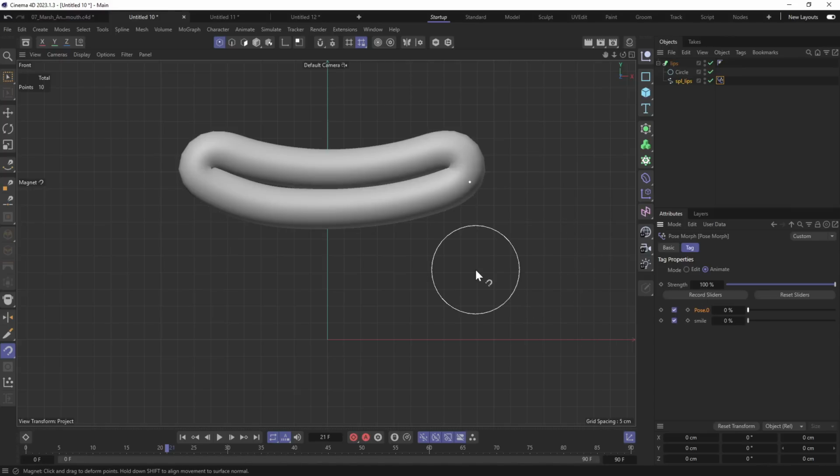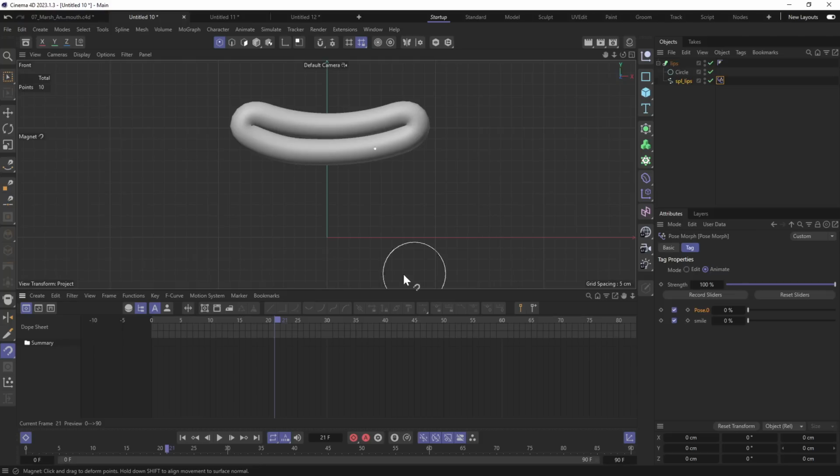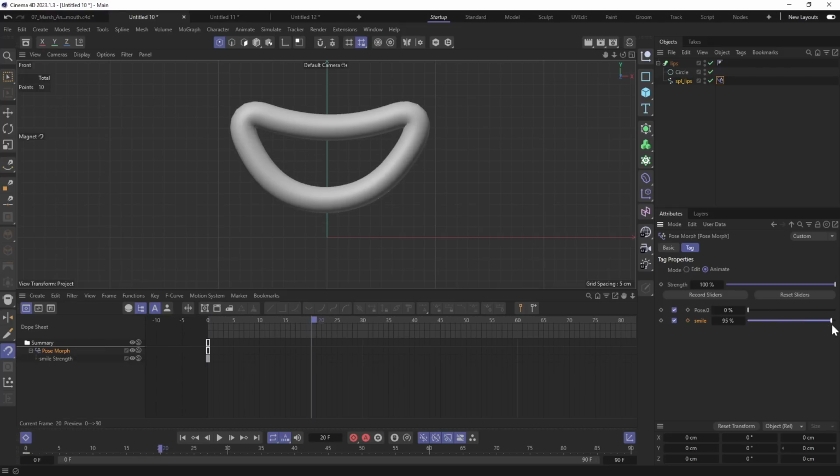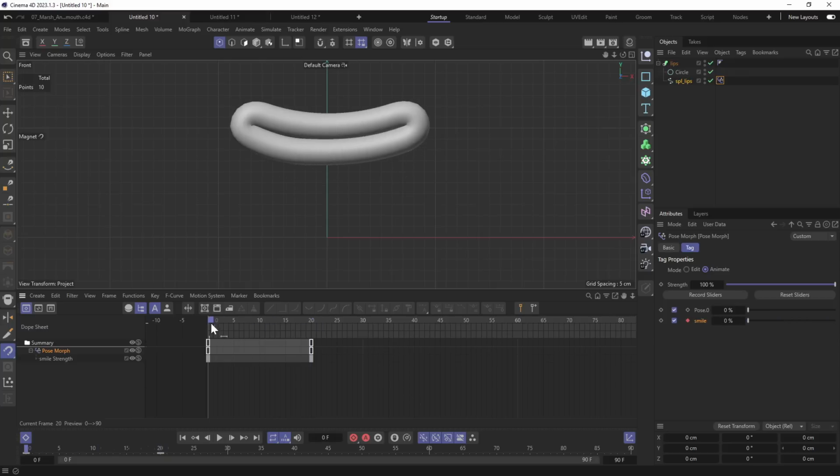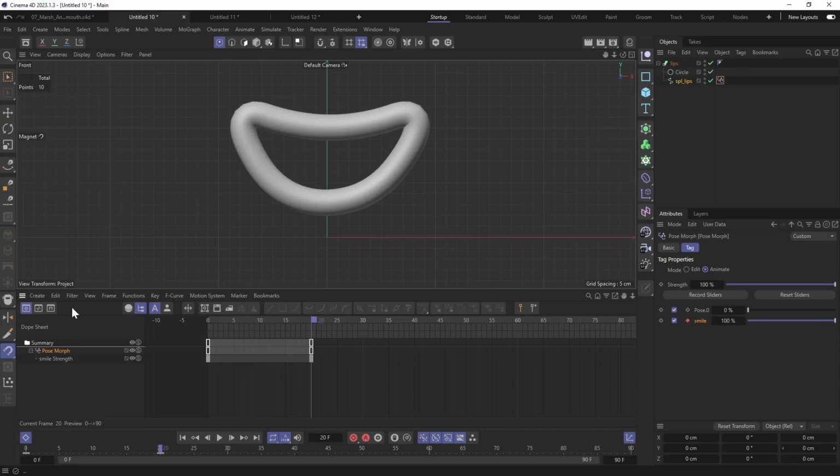Then hit Shift plus F3 to reveal the dope sheet. To set a keyframe, set the animation slider to the frame you want, then hit this little diamond icon near the parameter you want to animate. The parameter that you animated should appear in this list. It will contain all animated parameters. Now I can change the value of the parameter and set another keyframe in different frame. The value will be interpolated between two keyframes.